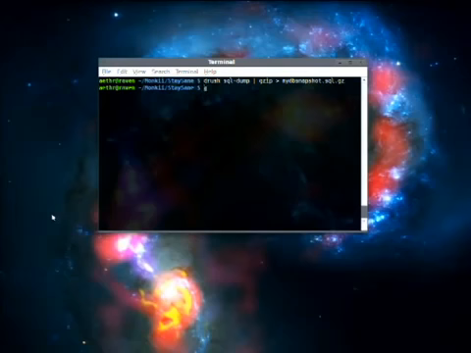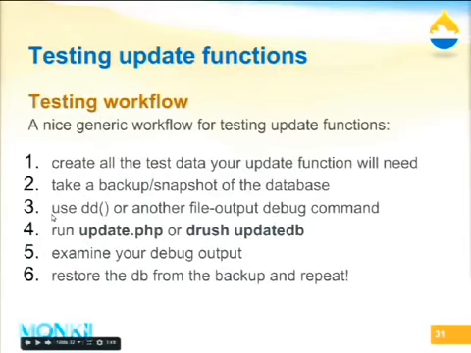So once I've created my backup, then I'm going to go back and I'm going to run update.php or drush update db. If you guys are doing debugging and you want to spit some output out during your update function, you're going to want to use something like dd. For any of you that are familiar with the devel module, which I highly recommend, there's basically 2 ways for devel to spit out output. One of them is using dpm, and that will spit it out in a really nice structure on the page. The other way to do it is to run dd, which spits everything out into a file on the hard disk. And what you can do,